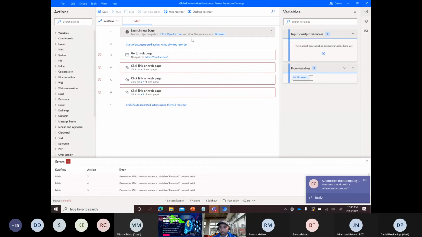So how does it work with the authentication process? You can pass user ID and password, and they can now be passed as sensitive information. Before, you didn't have that; it was plain text. But now you can pass them in, let's say, as user ID and password. You have to authenticate to a website like invoicely.com. I would pass that as a user ID. User ID as plain text, and then password obviously as a sensitive text, and then that will log in your